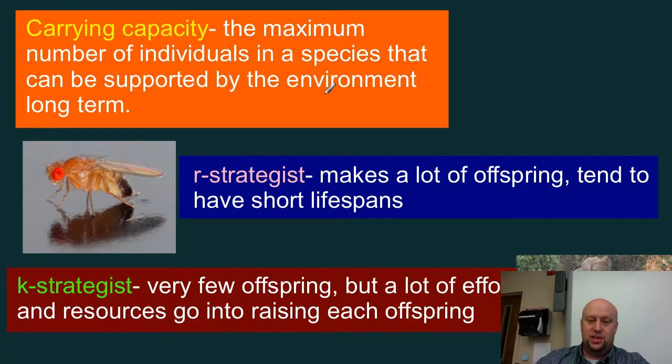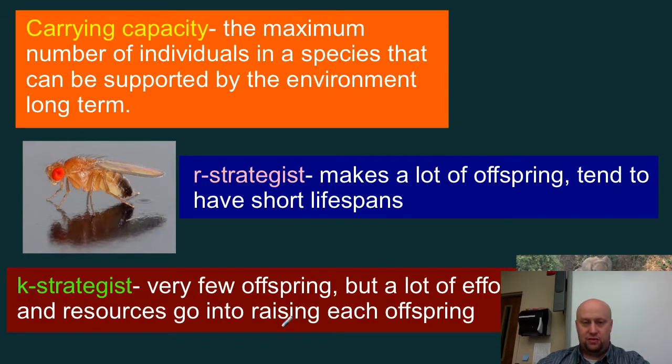That's an r-strategist. Lots of offspring, really short lifespans typically. Again, think of insects as a great example. Even something like rodents, where their lifespan might be a couple of years, but they might have hundreds of offspring in that time. That's sort of the opposite of what we call a k-strategist,